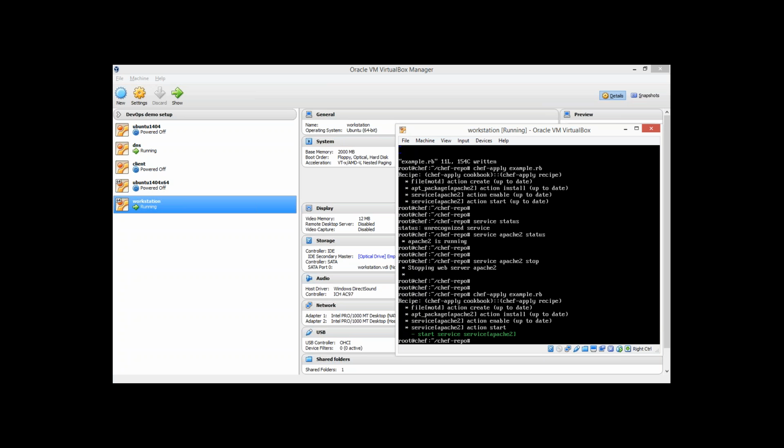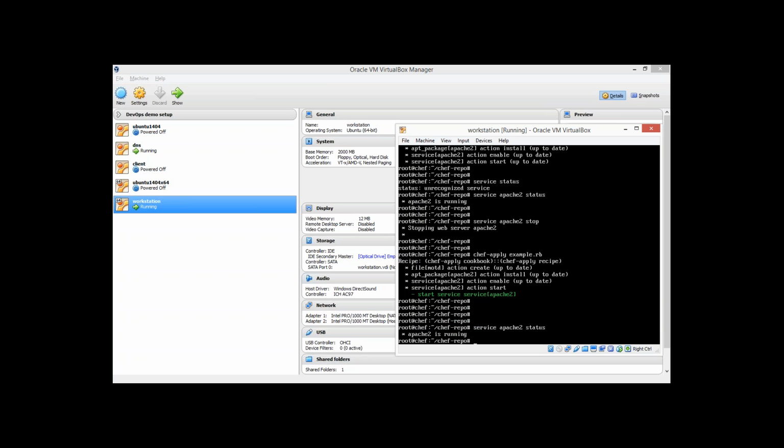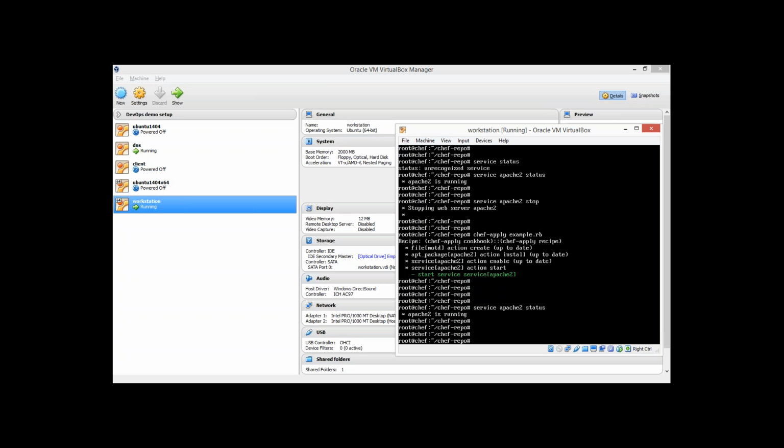Okay, so it says start service. Service Apache 2 has been done. So check service Apache 2 status again. It should be in the running state. Cool. So that's working. So the next step, the third thing that we have done is to set up the